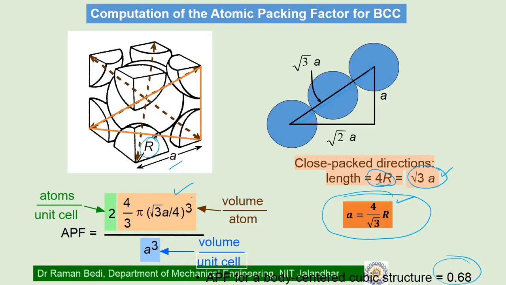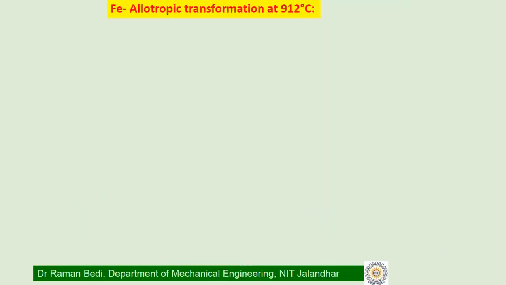By the same calculations, the volume occupied by the atoms, that is 2, the number of atoms, into the volume of one atom, to that of the volume of the unit cell. Why will we need it? The next slide will make it clear. We will make use of these calculations here. Okay, so this is an interesting observation: somebody may say that we are actually referring to FCC, BCC or other crystal systems and crystal structures.